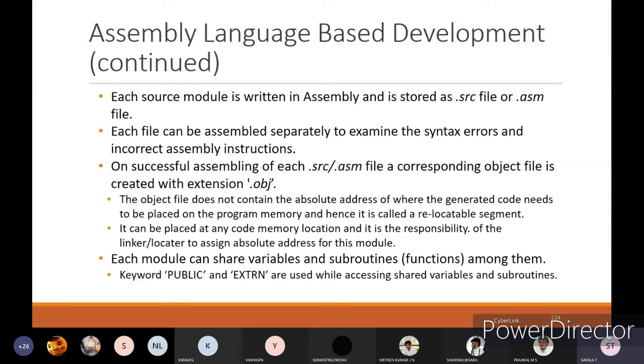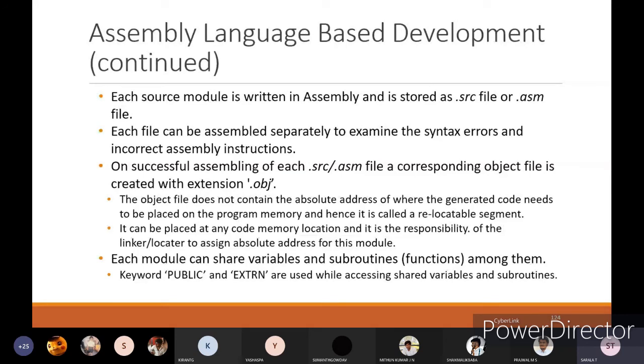The object file does not contain the absolute address of where the generated code needs to be placed in the program memory, and hence it is called a relocatable segment. It can be placed at any code memory location, and it is the responsibility of the linker or locator to assign the absolute address of this module.